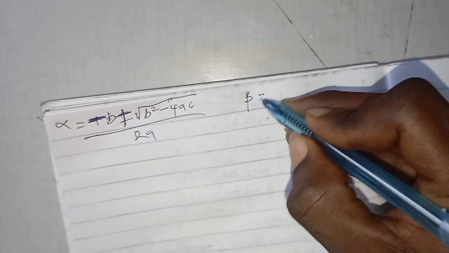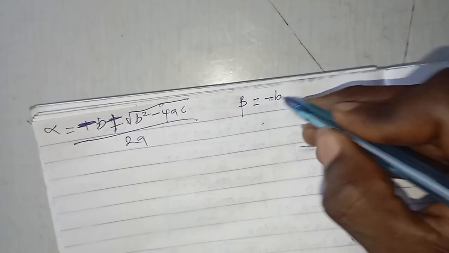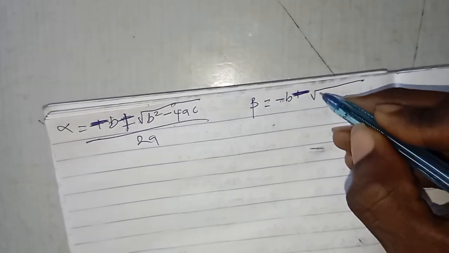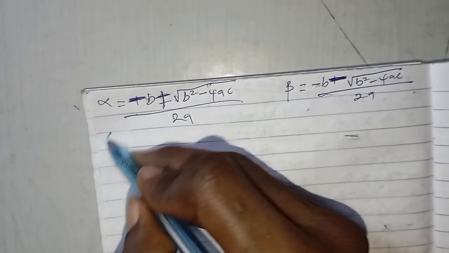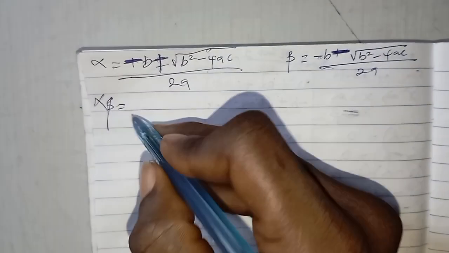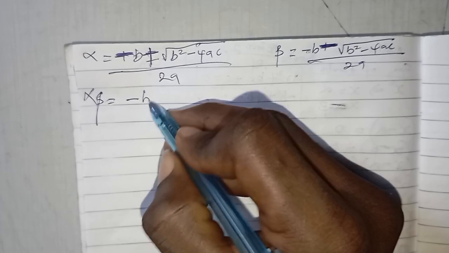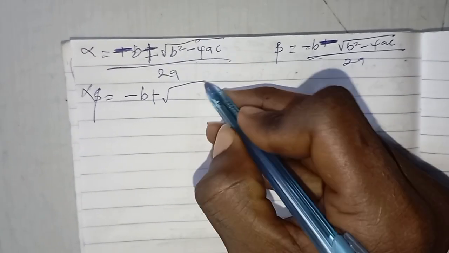Then beta will be equal to minus b minus root b square minus 4ac over 2a. So the product alpha beta will be the same thing as saying multiply the two. So I will do minus b plus